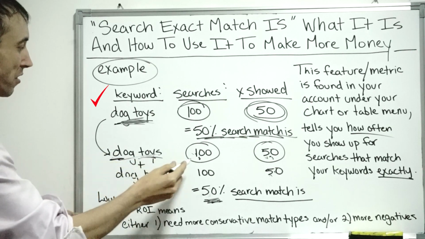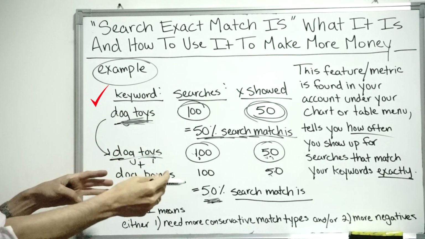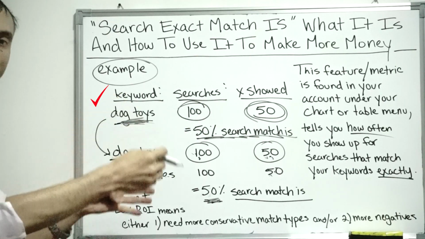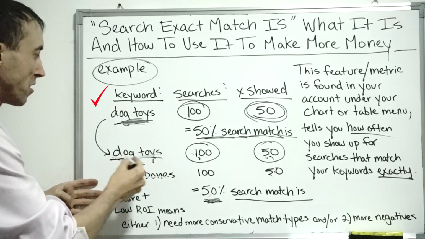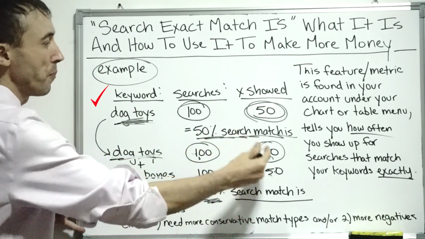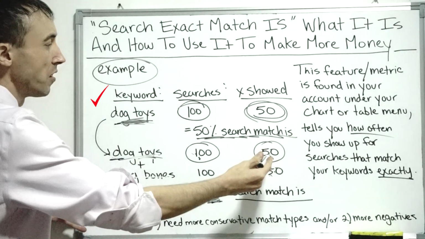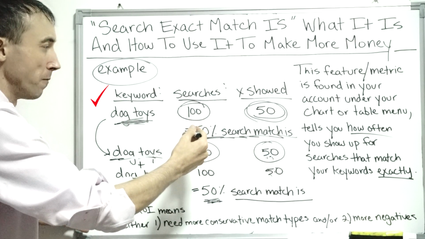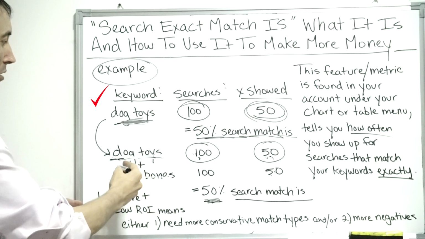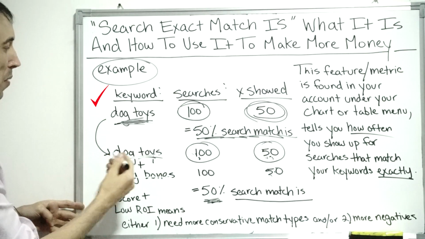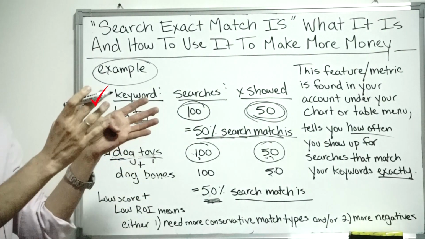So when you bid on dog toys, you might show up for all this stuff. Search exact match only looks at the people that typed in dog toys, regardless of whatever else it showed up for, and then what percentage of the time that you showed up out of 100 for people on Google. Let's say you're bidding on dog toys and out of all the stuff it shows up